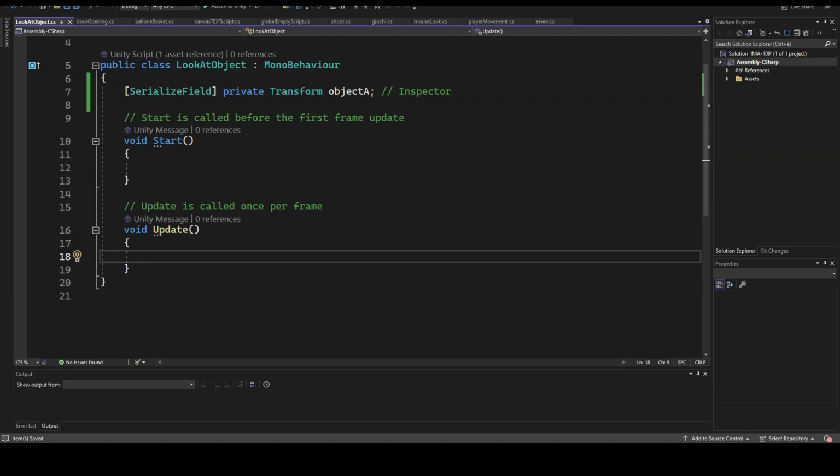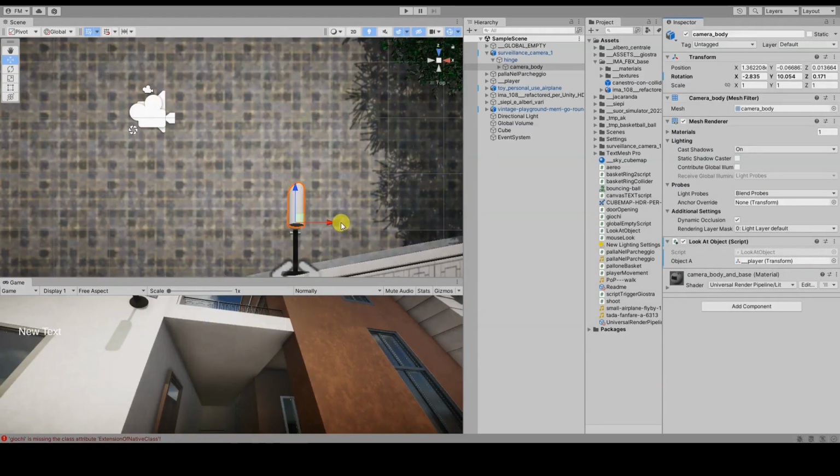Let's start with calculating the angle between the surveillance camera's orientation and the one it should have, using Mathf.Atan2 function, which returns a value in radians that we will convert to degrees. We have seen that in the 2D plane, Atan2 takes 2 parameters: the difference between the y-coordinates and the difference between the x-coordinates of the 2 points, target and observer, in this order. In our scenario, with Unity's global coordinate system, where x and z are on the 2D plane, while global y identifies the vertical axis of the scene, we will need to write